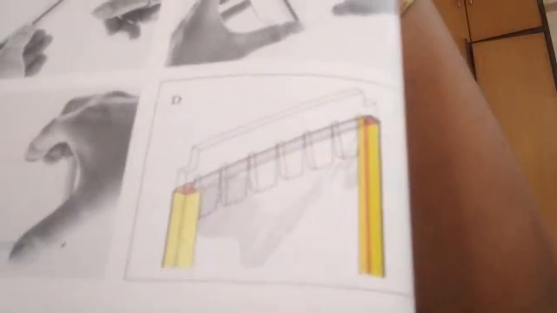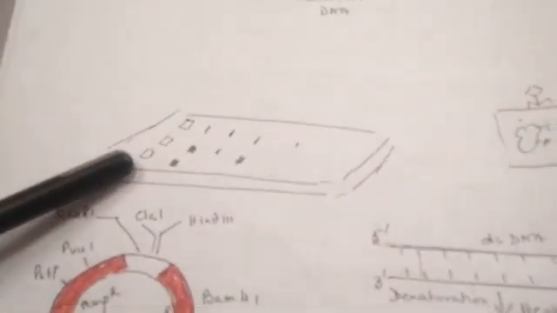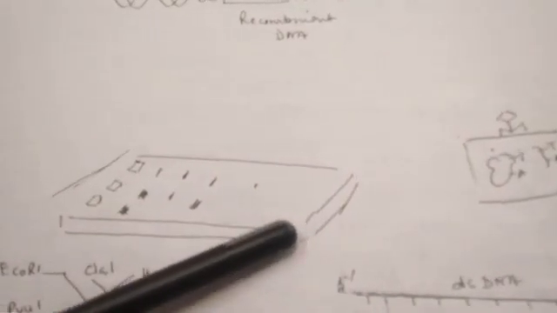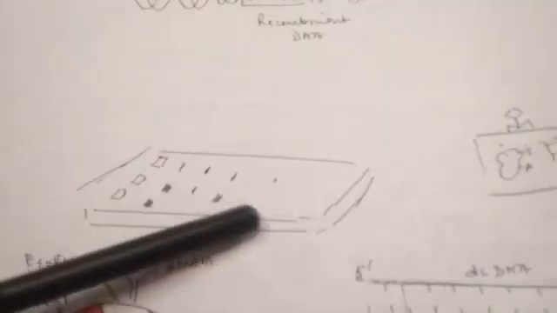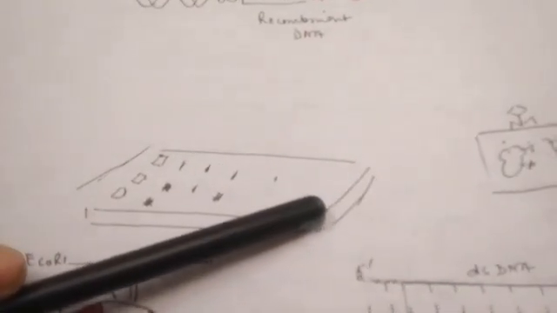So this is a vertical gel, but a gel can also be horizontal. We can see this is a horizontal gel where this will be the negative pole in the circuit and this will be the positive pole, and we know that DNA has phosphate groups which impart the negative charge to the DNA. So DNA is negatively charged, and as we put the DNA in these wells, since this pole is positively charged, the DNA will start moving through the agarose towards the positive end.